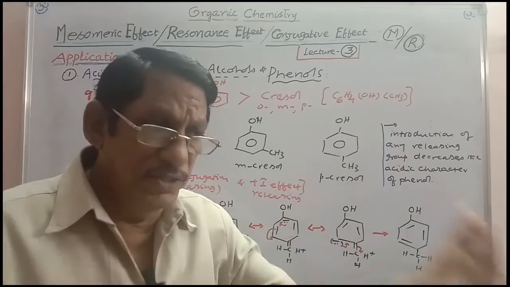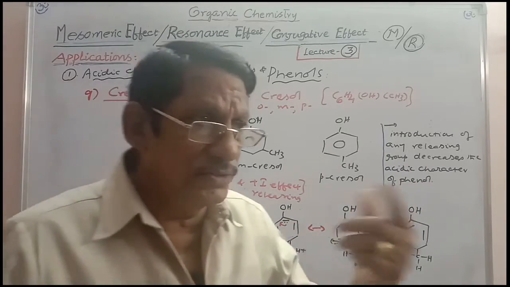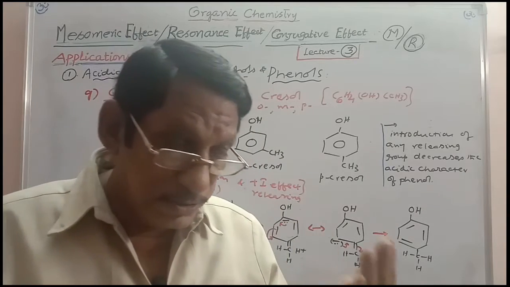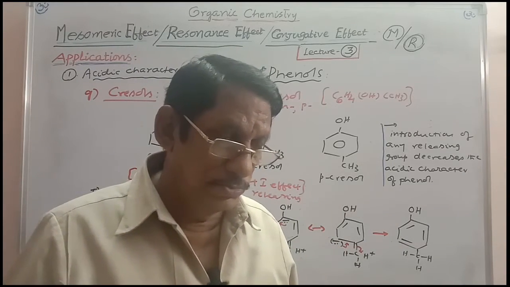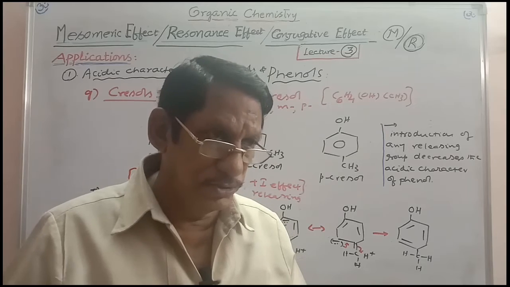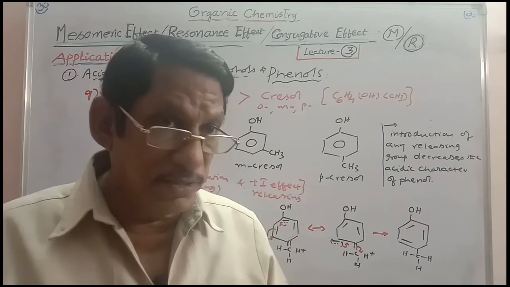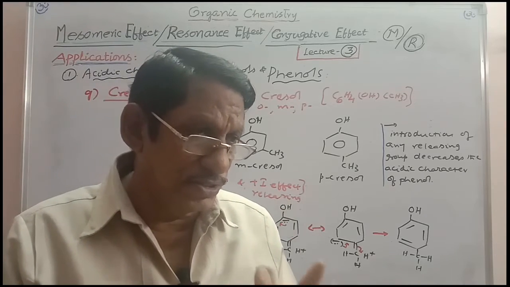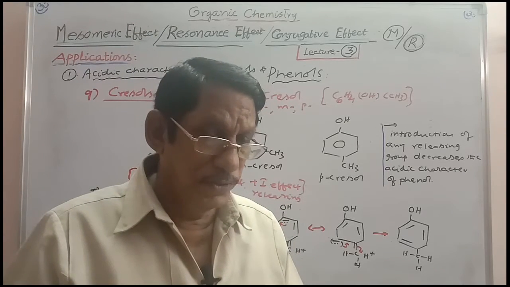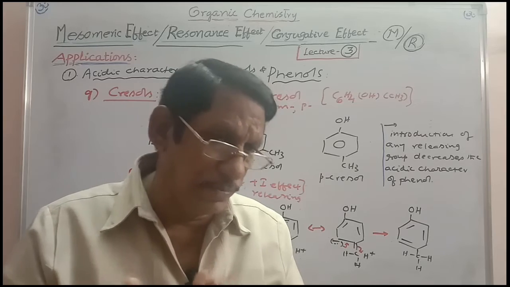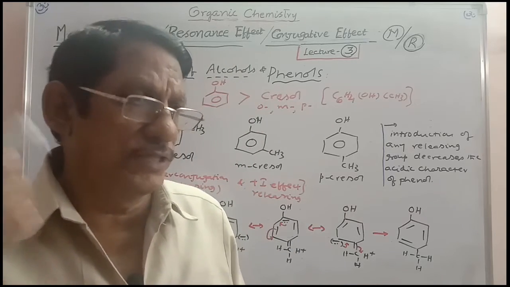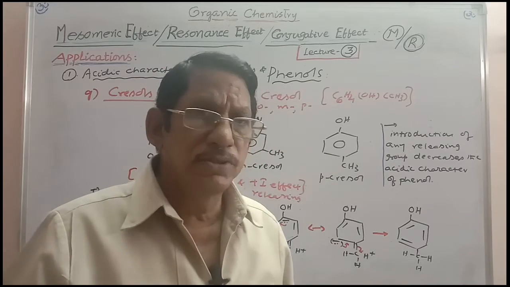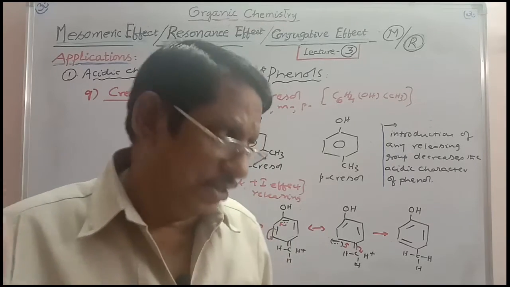Alkyl group is always releasing. When attached to sp3 carbon, only inductive effect plus I. When attached to sp2 carbon, it is not mesomeric effect, of course. It will be having plus I as well as hyperconjugation. Whenever hyperconjugation and inductive effect are there, you have to just give first priority to hyperconjugation. Basing on that, you have to give the explanation. If hyperconjugation is not seen, you have to give the explanation basing on only inductive effect. Okay?